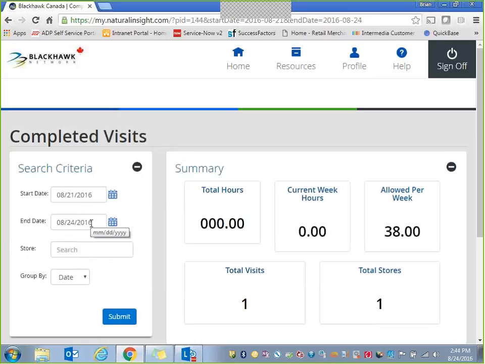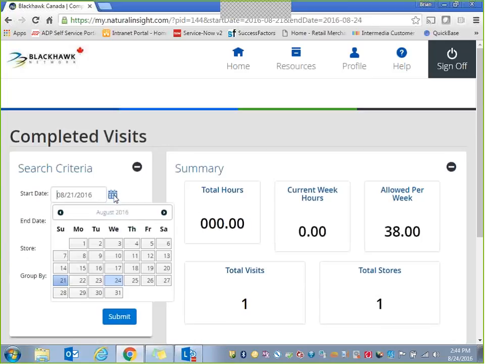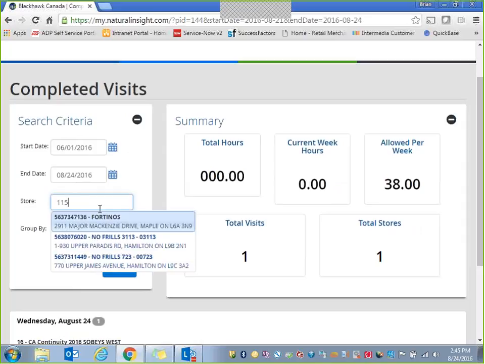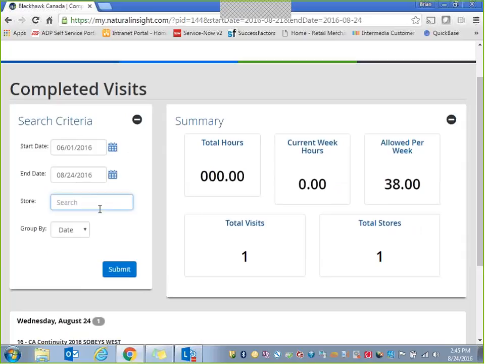Maybe I'm looking for it 6 months from now and I want to find a store that I visited when we just started rolling out. I could go ahead and open up my search criteria for a couple months. And then I can also search for a specific store. So if you know the address of the store that you're going to be going to, you can start typing that in, and then we'll actually show you here are the stores that match what you're typing into the system. And then if you do have any completed visits at those stores, you can execute your search by clicking Submit,